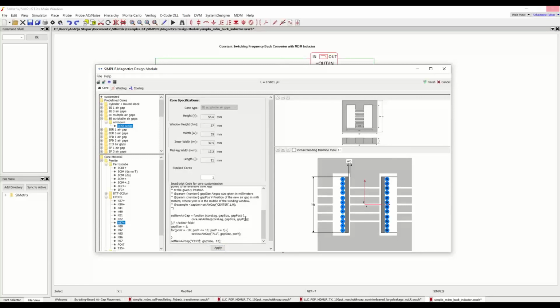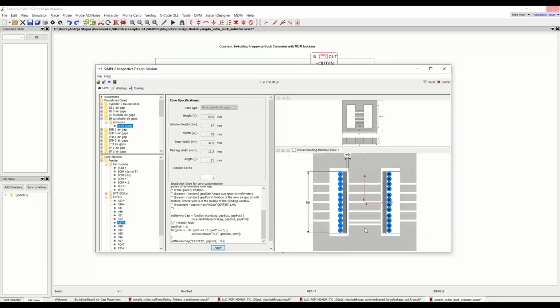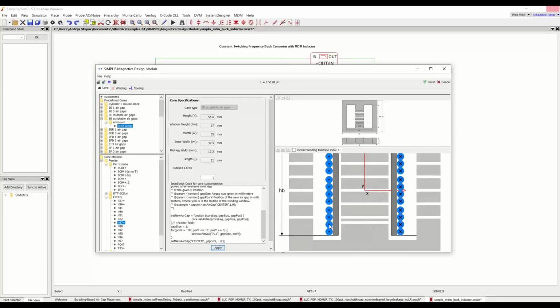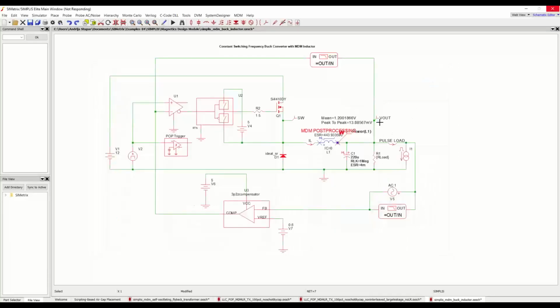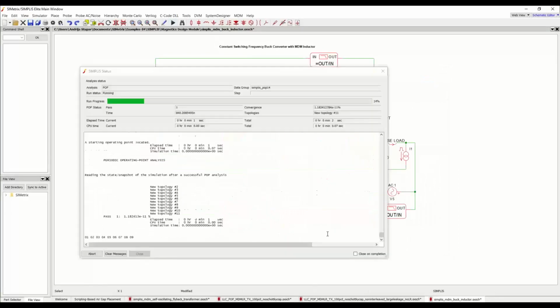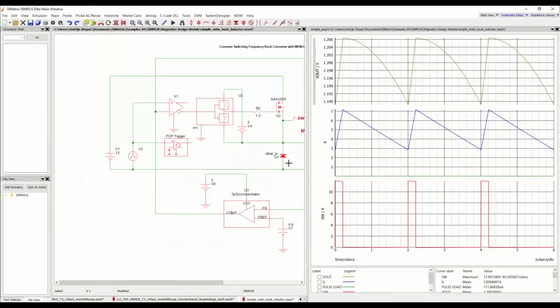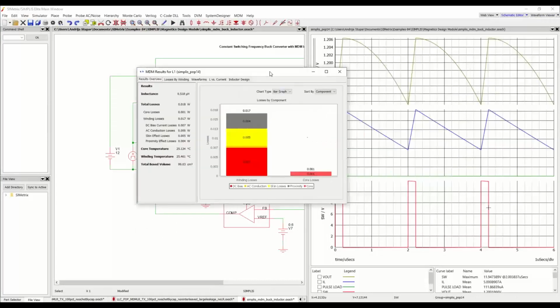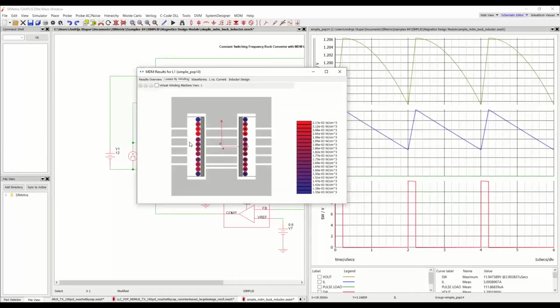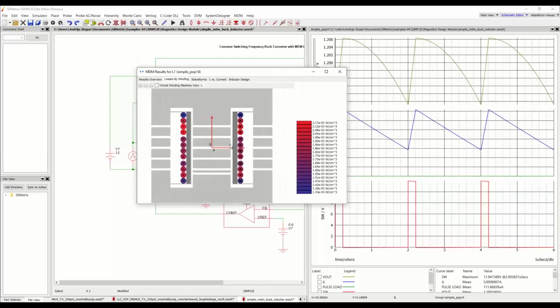Sorry, that was misspelled. And there it is. And now we have an extra air gap here. And if we simulate this, we can now see, again, the loss breakdown for this inductor. And if we take a look at the losses by winding, we can see how